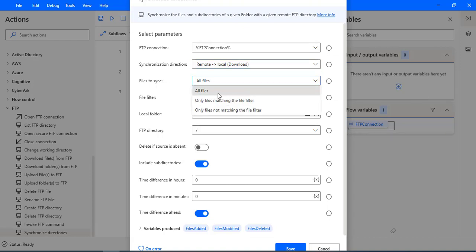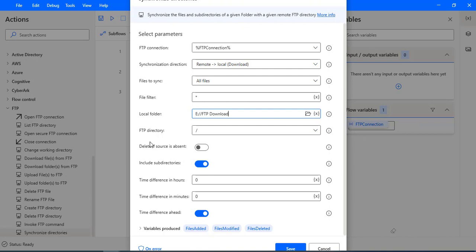I'm not going to give any other option. For the files filter, I'm going to give star, so that irrespective of the file extension I download all the files. Now I'm going to give the local folder as E:/FTP download. This is my local directory.